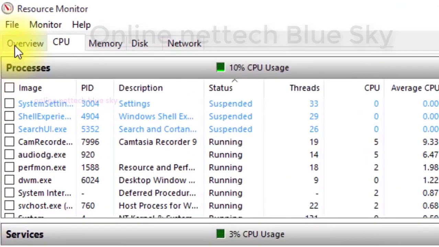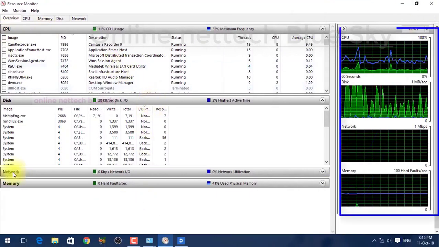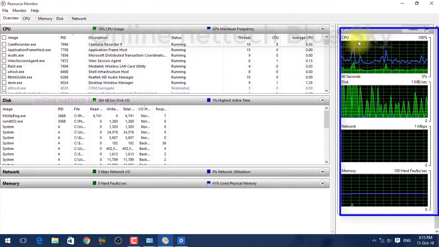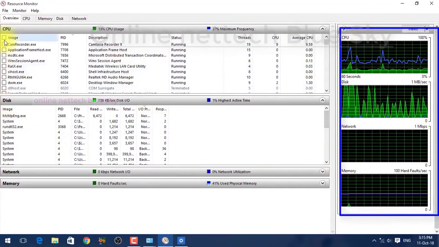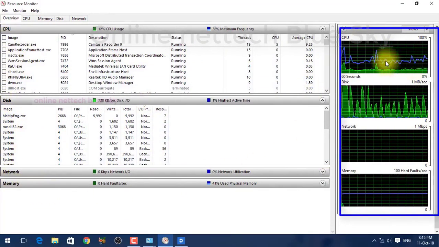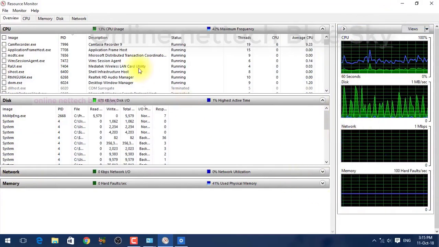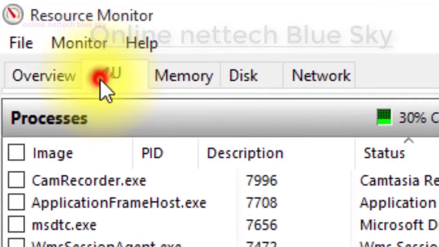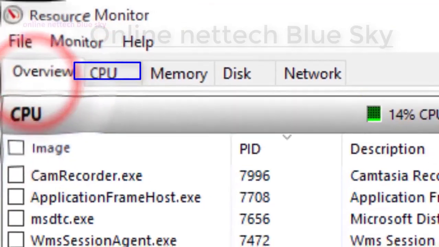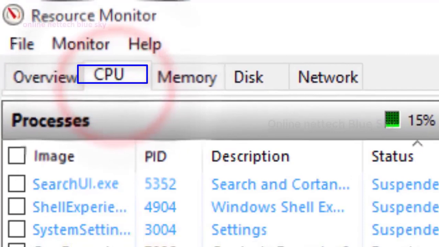First, in the overview you can see four different types: CPU, RAM, disk, and network. I am just showing CPU only. I already talked about the overview and CPU just now.